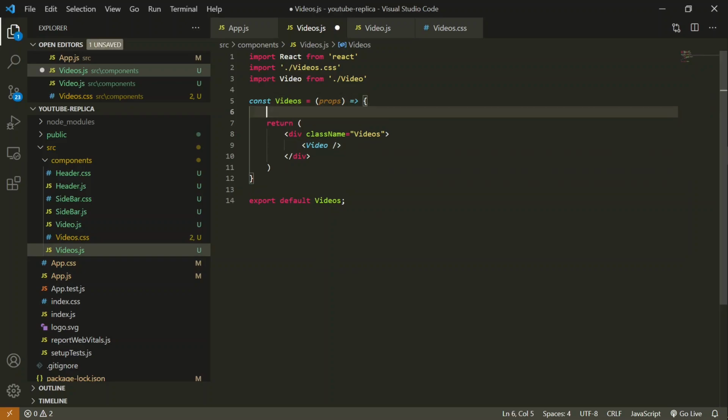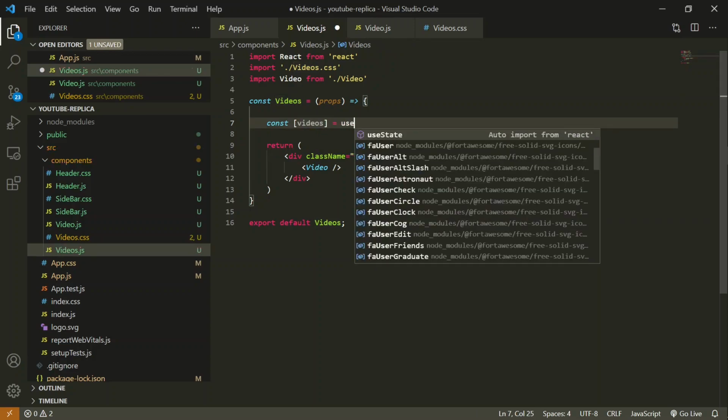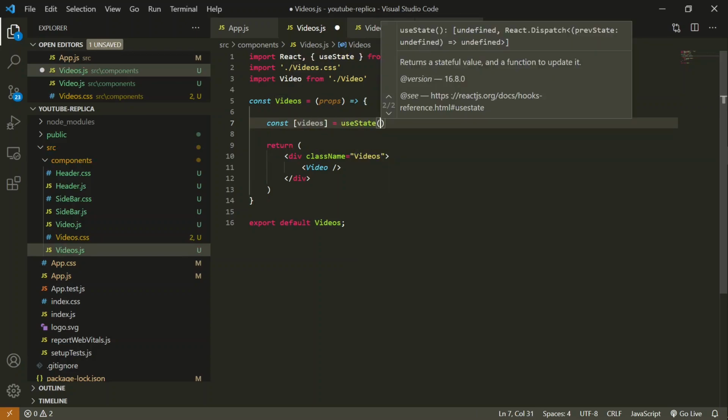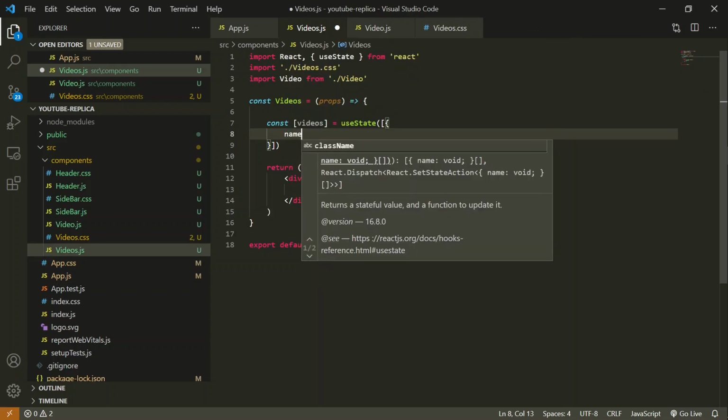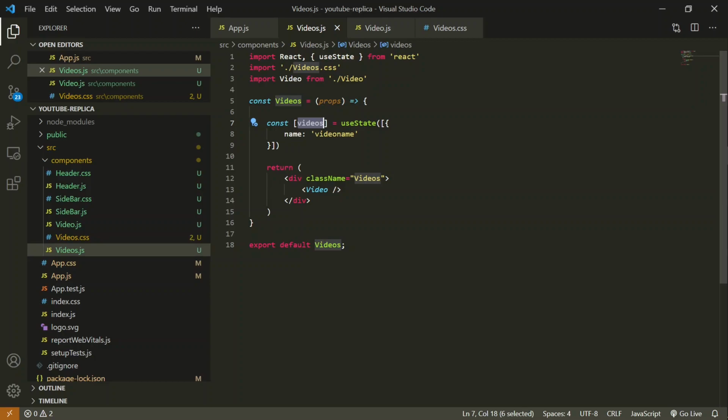So first let's create a variable const videos equals useState, and that will be an array of objects. In the object, for now we are only going to pass a name, and on this video I'm going to make a loop. So let's create that.